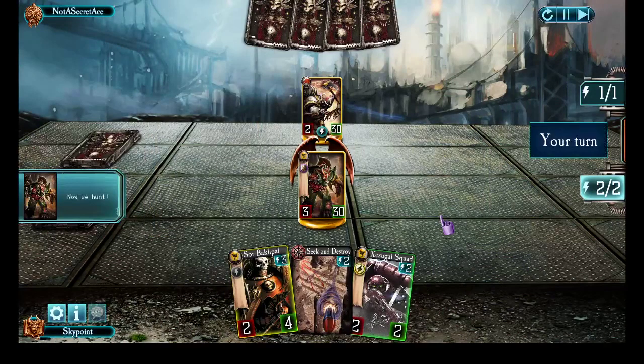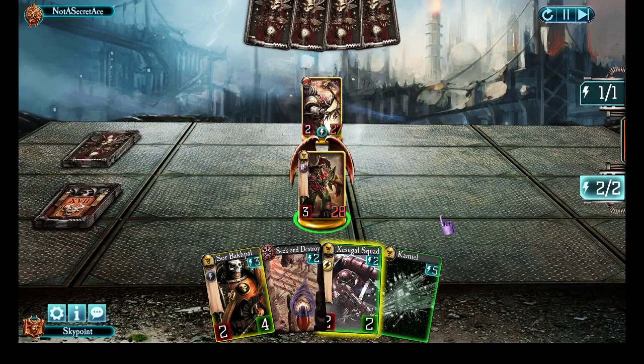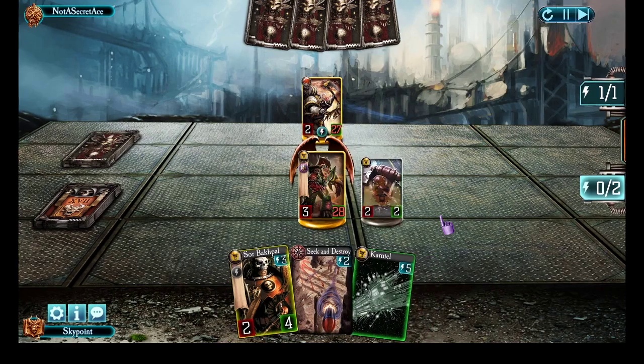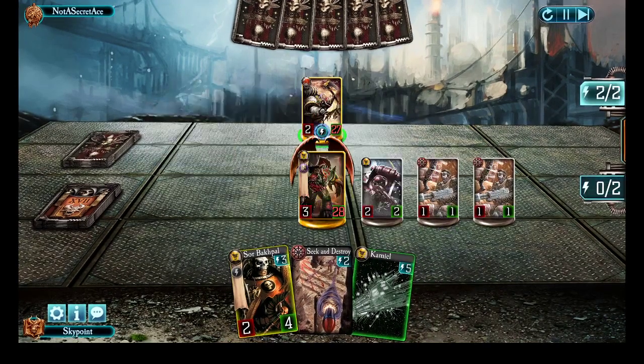So I had now updated my deck a little bit. I bought another World Eater's Crate and I got Sore Backpal. Watch this. I dropped Zesugul Squad in and I spawn a bunch of units. That's cool. He just heals himself up. Whatever. Alright, and now...